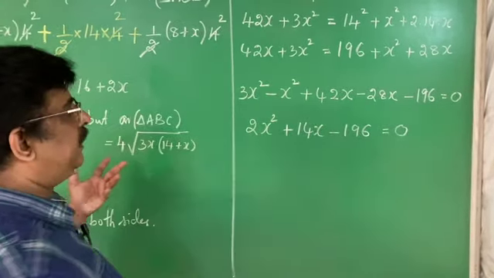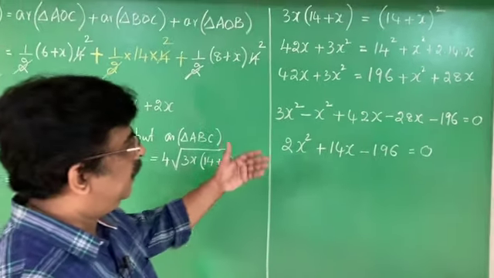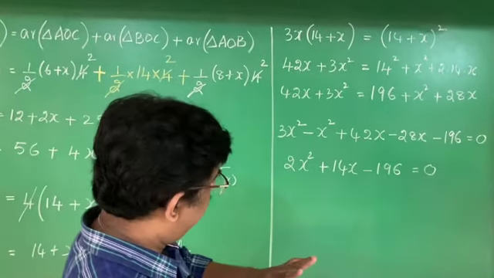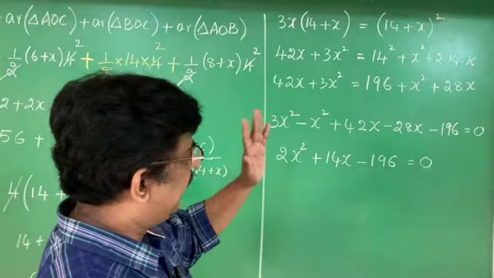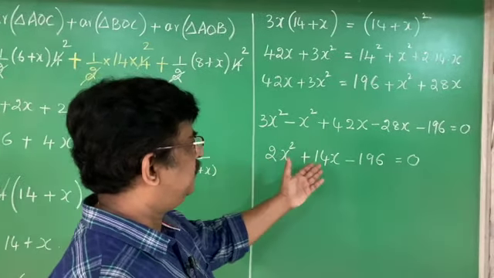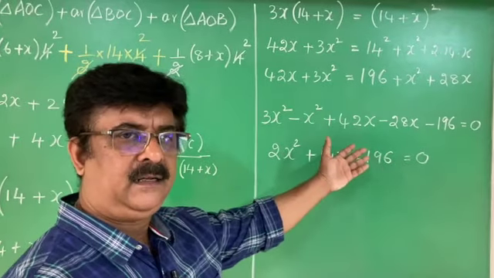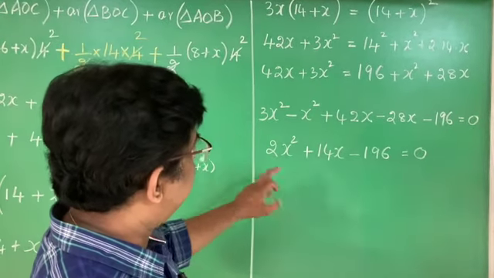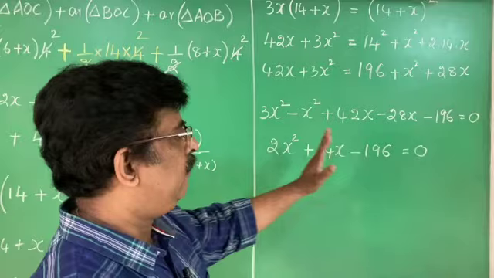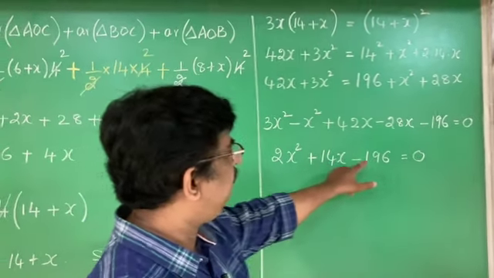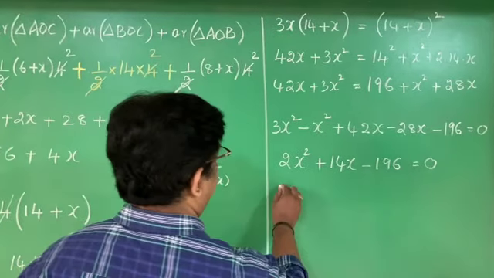Whenever you have such an equation, it is a quadratic equation. I am going to start quadratic equations in the next class. In the quadratic equation, before solving, we need factorizing the trinomial. You would have studied factorization in 8th standard. The first step is you have to remove the common factor. If any common factor is there, you have to remove it. Here we can easily identify 2 is a common factor. I remove the 2 as a common factor.